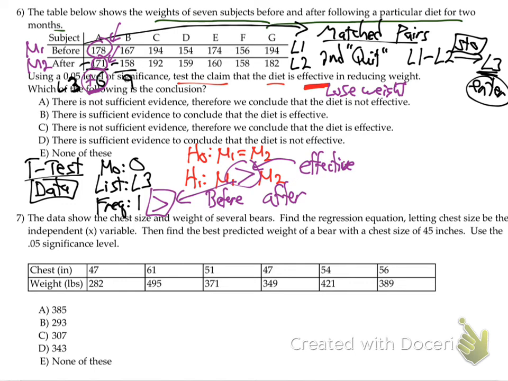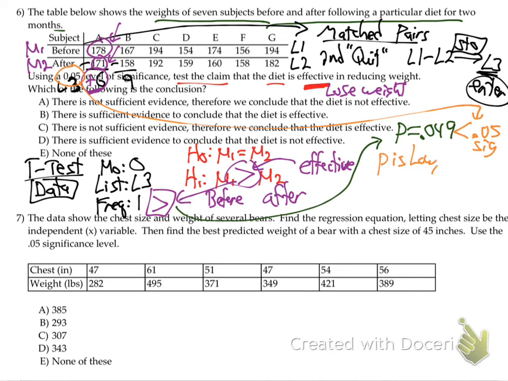And I'm getting a p-value. Bring it over here. Getting a p-value equal to 0.049. And the significance level, you can see it right here, 0.05. So our p-value is barely less. It is. So the p is low. H0 must go away. So bye-bye H0. We keep H1,